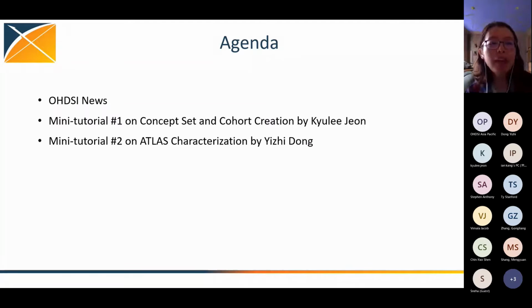The other date that I want to bring to everyone's attention is that June 24th is going to be the abstract submission deadline for the Global Symposium on October 14th. So if anyone is working on an OMOP related paper or anything like that, this will be a great chance to submit your abstract to the Global Symposium, and the deadline is the end of June.